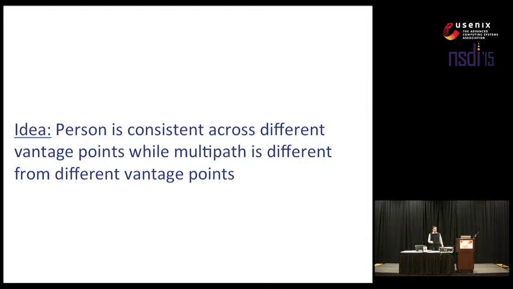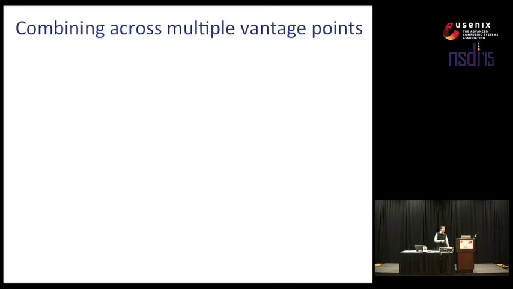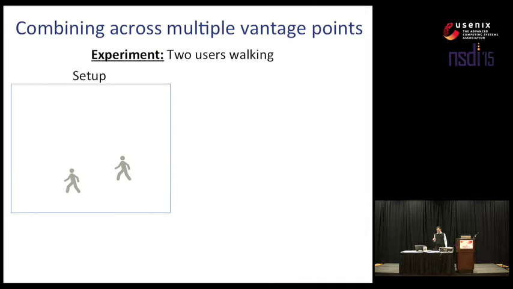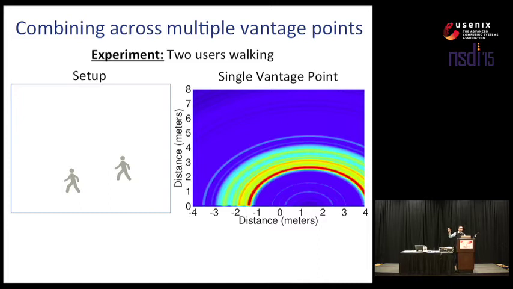practice. So we run an experiment with two people who are moving in fully furnished rooms, and this is the output that we get from a single vantage point. Now over here we see a heat map that shows the probability distribution of where we think the people are, and red shows highest probability, while blue shows lowest probability. And the different ellipses that we see correspond to the round-trip distances that I told you about before.